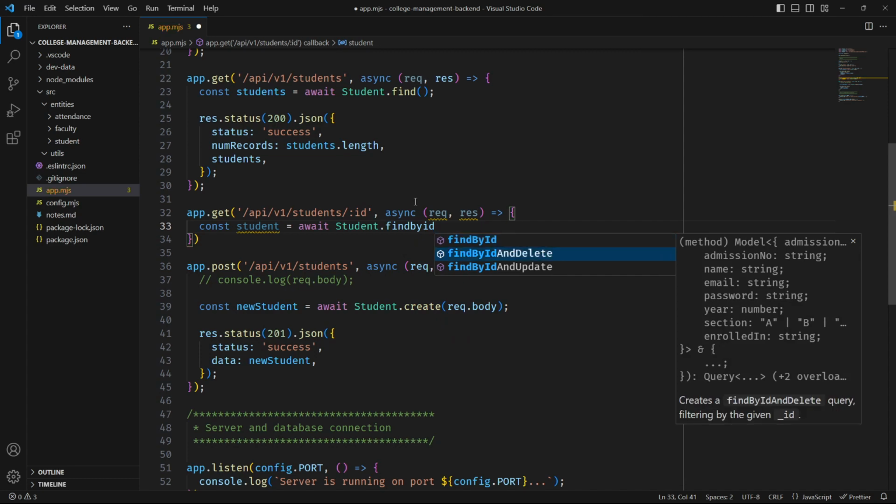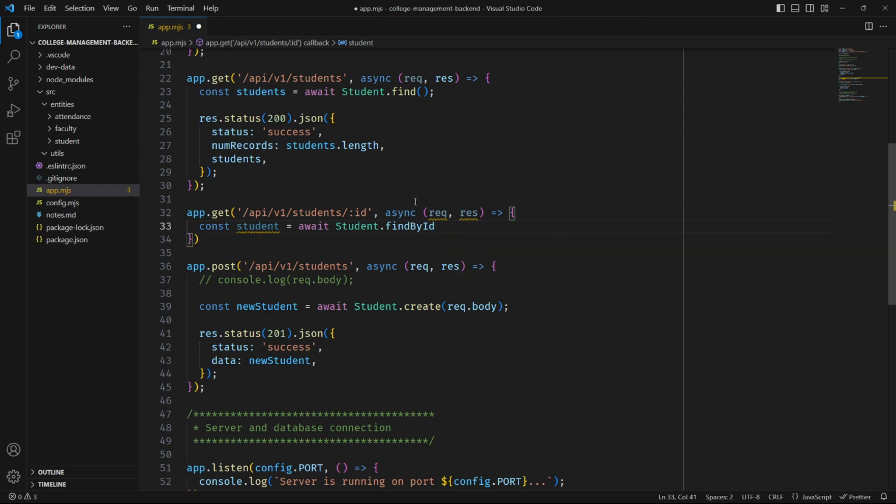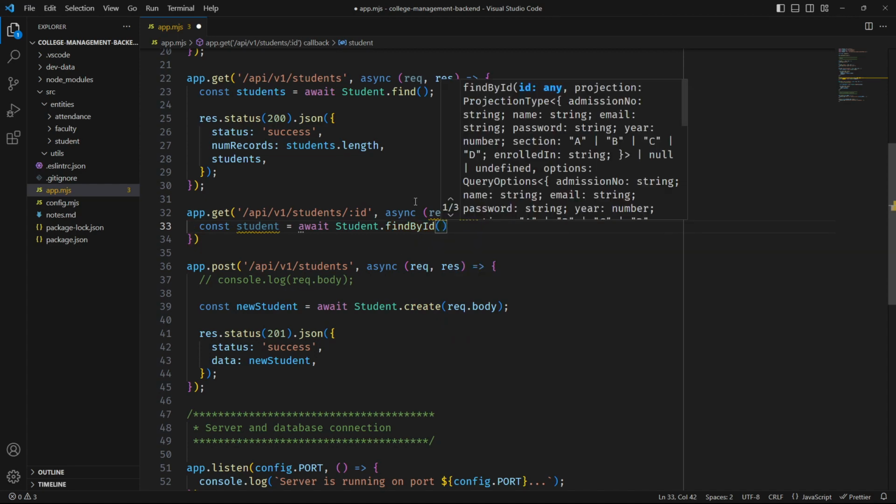There is also delete and update, which we'll be seeing in later videos. For now this is findById. So basically we can just supply the id here and it will find the record for that particular id.